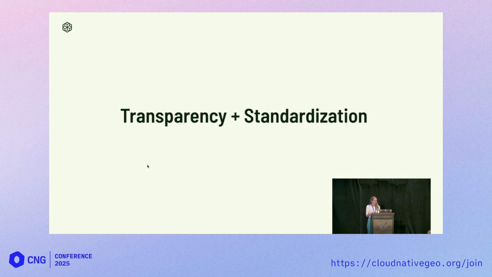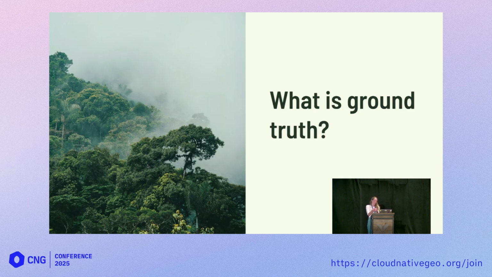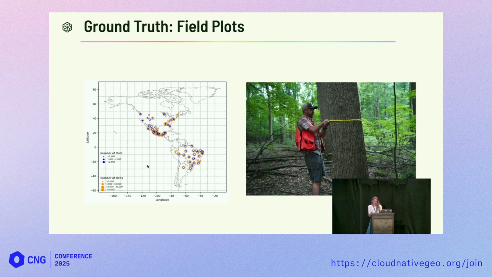Well, I hope you all are thinking, because I am too. What is ground truth? This is a big question. It's hard. In terms of forests, there's two ways we understand ground truth and can validate our remote sensing-based models. One of them is from field plots, and another one is from LiDAR data. Field plots are very costly, but they're super valuable. They involve people going and literally measuring trees. There's open source data for field plots that comes from government and academic research institutes, and some of it is